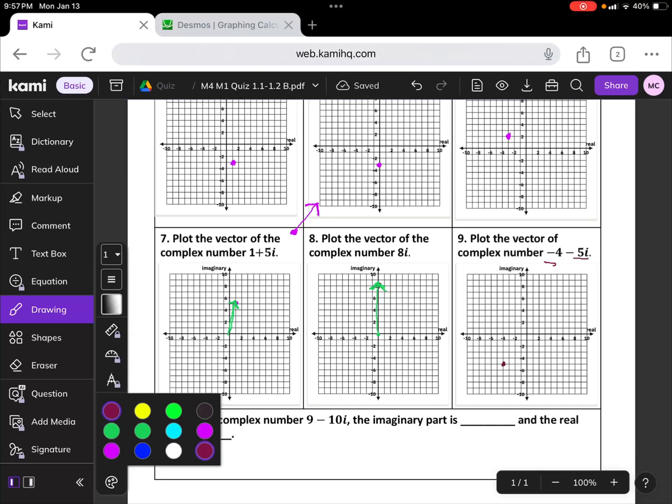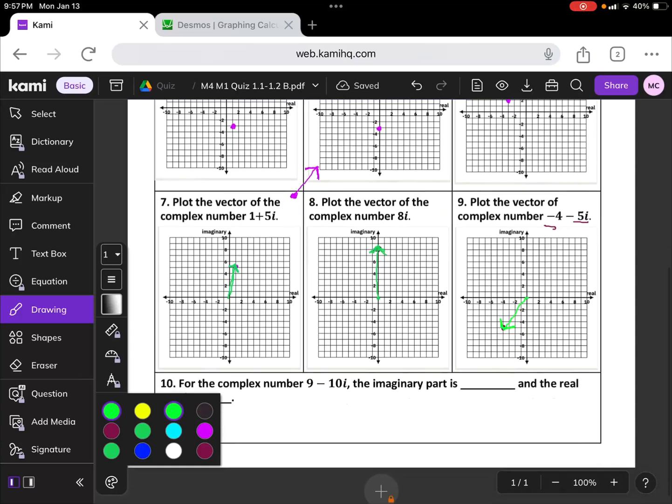Now remember, we are going to be drawing a vector, and so we're going to start at the origin, and we're going to go all the way to the complex number, and we're going to draw our arrow tip, and that is our terminal. So that is what your vectors look like for those complex numbers. And number 10,